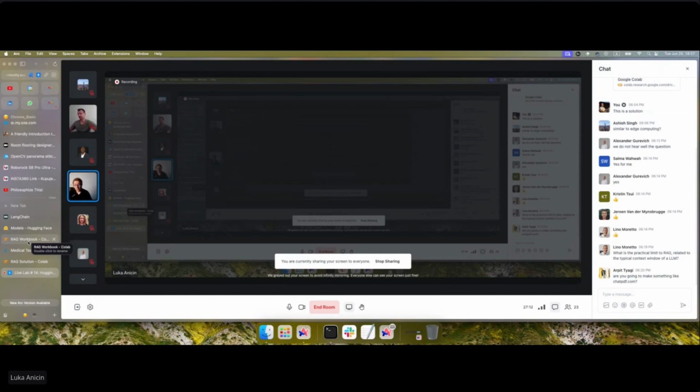So RAG actually decreases the amount of money that you're going to spend or the resources that you need to load these models. Instead of loading a 70 billion parameter model, we're going to work with a 7 billion one and still achieve amazing results. So those are the practicalities of a RAG